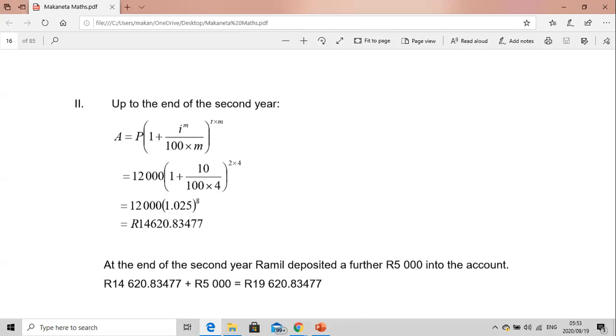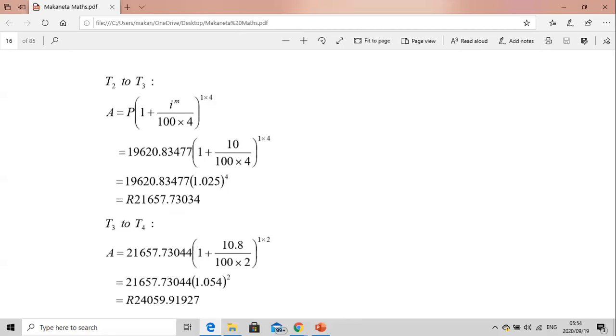19,620 rands, comma 83477. So no rounding off until the final answer. So as we enter the next step, you can see that from T2 to T3 in the number line, we begin now with a bigger amount of 19,620 rands and comma 83477. And then we invest this for,